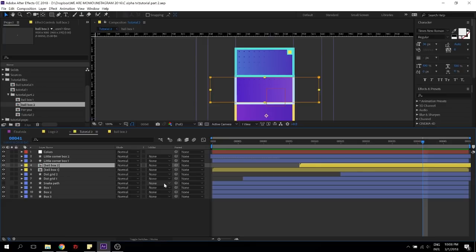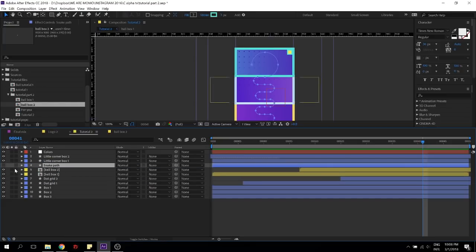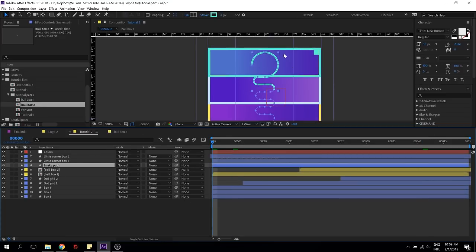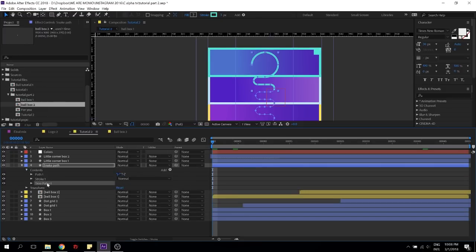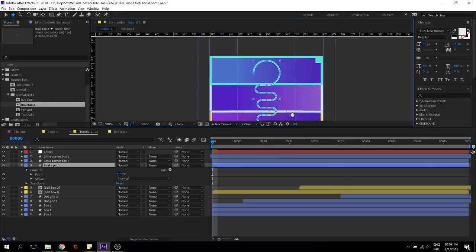Alright, that's about it when it comes to the falling balls. Now what we're going to do, we're going to focus on the snake path. So I'm just going to go here. The reason why I already have the snake path is because this is an Illustrator file. So if you want to do this in After Effects, it's going to take you forever, and I don't like forever. All right, so it's just a path,